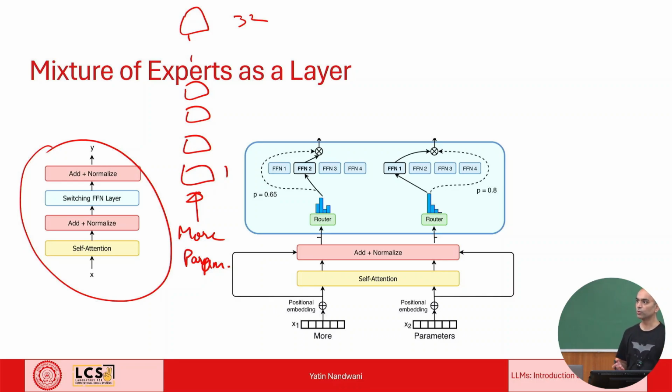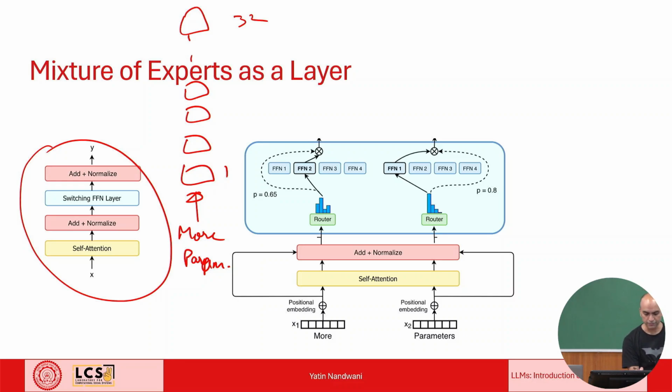This can happen at the token level as well, within one input. Who says that we need to do it at the sequence level? We can do it at the token level. So that is what is happening here. Let's say we have 10,000 tokens in a batch and 100 experts. If there's a uniform distribution, each expert will get 100 tokens only. Which expert gets which token depends on the router, and that assignment can be different in different layers.